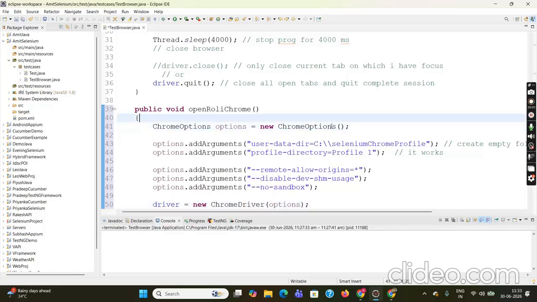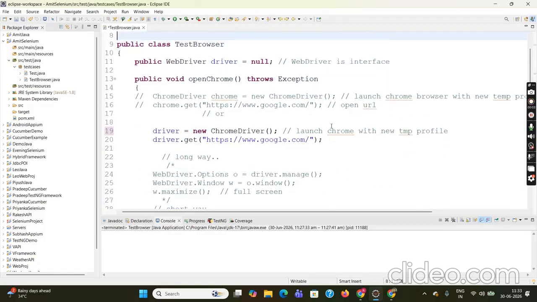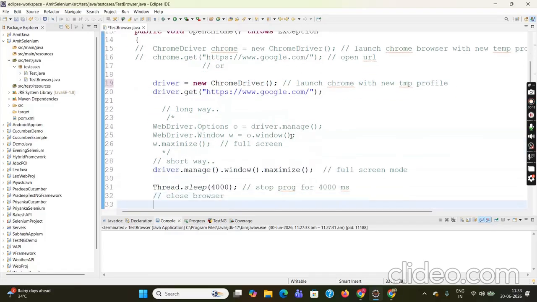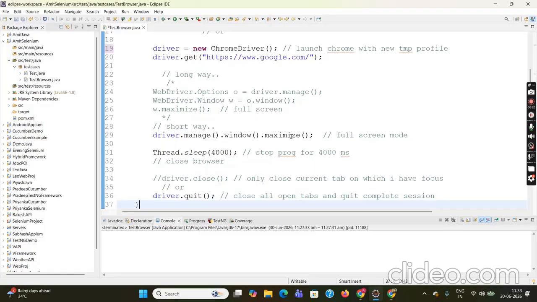So as we have already discussed, when we write new ChromeDriver, it launches Chrome with a temporary profile, and you will not get your saved passwords and history over here. But if you want to launch Chrome with a logged in profile where you get your saved passwords, etc., then what you have to do,